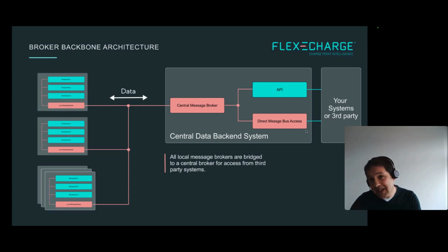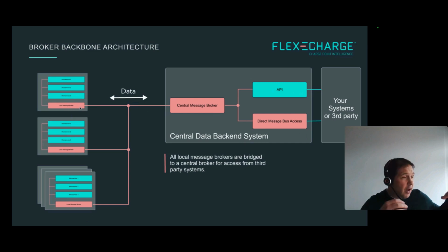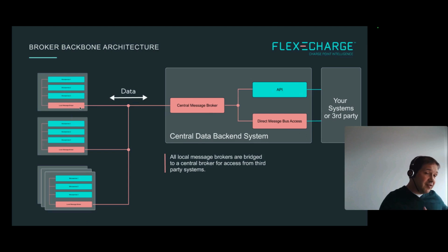What is possible is that from the API, you have access and control to any local message broker, and you can inject OCPP messages or other things into the local microservice stack, and you have the microservice stack